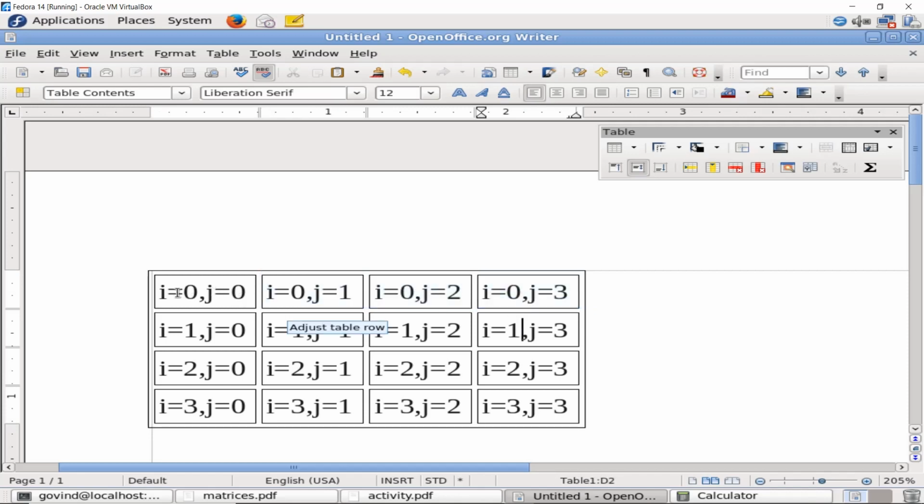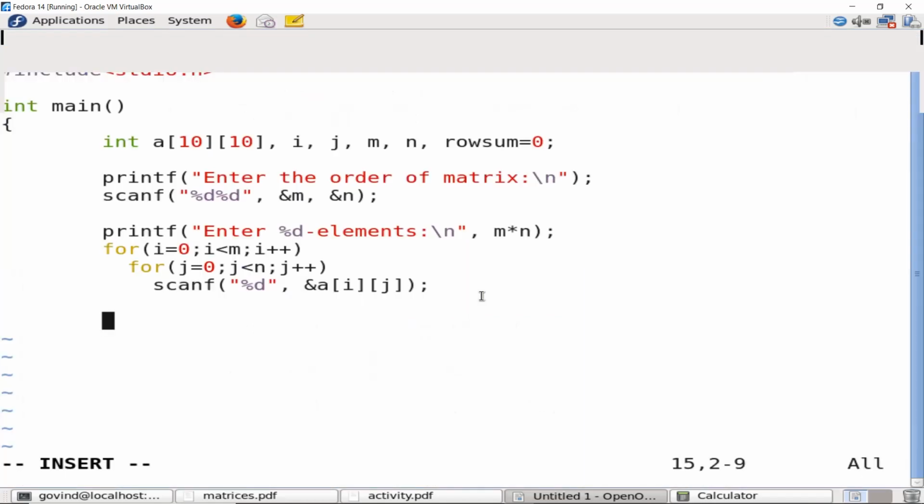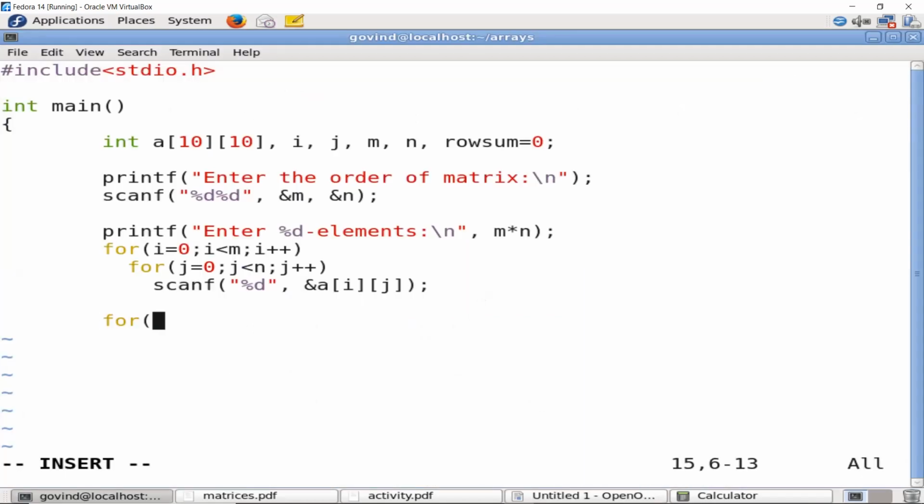So what I am interested is, in the first iteration of the outermost loop, I should start adding up the rowsum variable, and in the innermost iteration I simply keep on adding on to it. What do I mean by this is, I'll start with the outermost loop like i less than m, i plus plus.